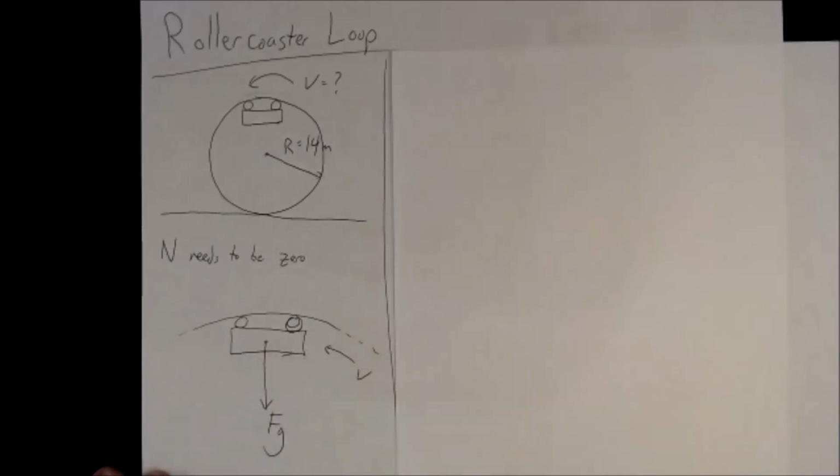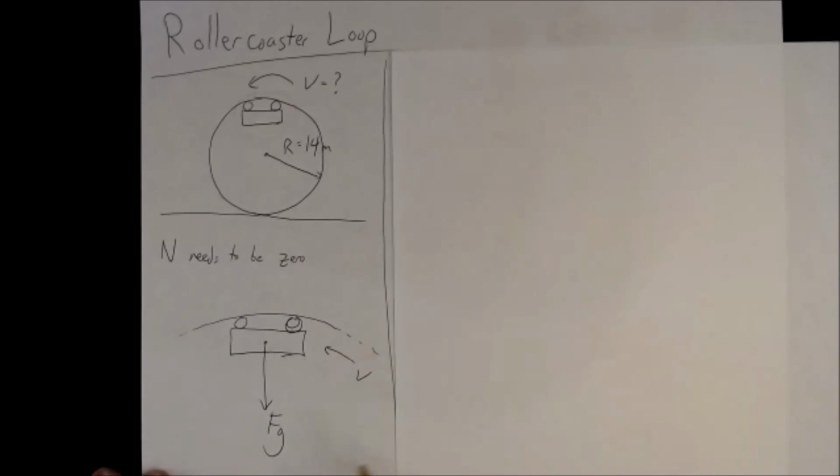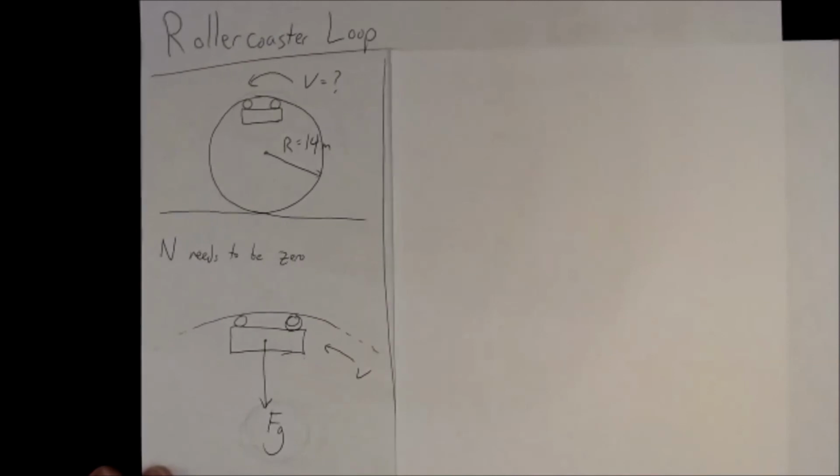Normally, the cart is just barely touching the rail there on the roller coaster, and so normally that would mean that it should have a normal force. But I'm saying that the normal force needs to be 0. So we're not going to draw normal force here. We're just going to draw the other forces that are acting on it. We're going to say it's low friction. There's definitely gravity acting on it. The gravity is pointing down. And that's it. There's really no other forces acting on this.